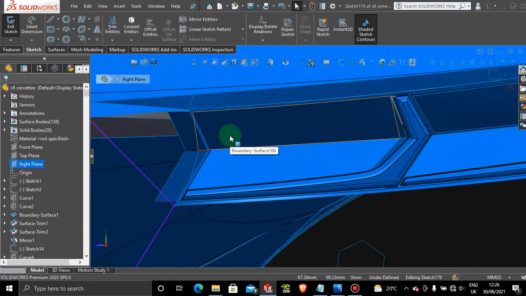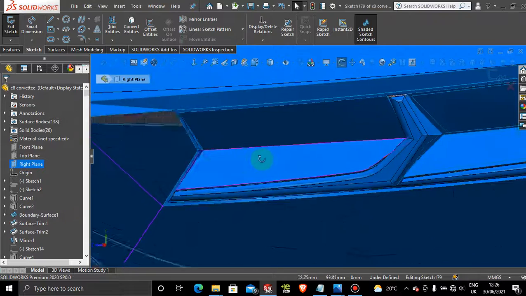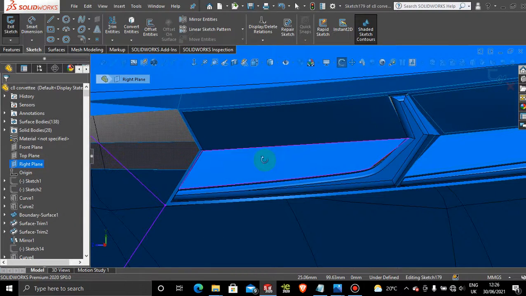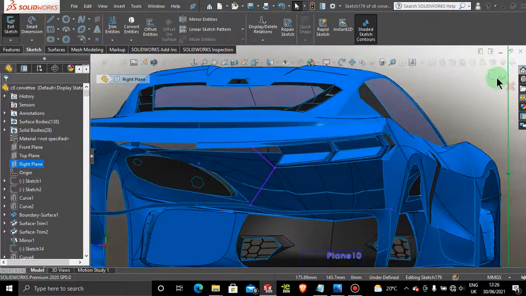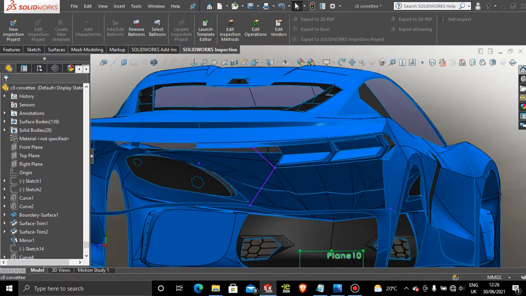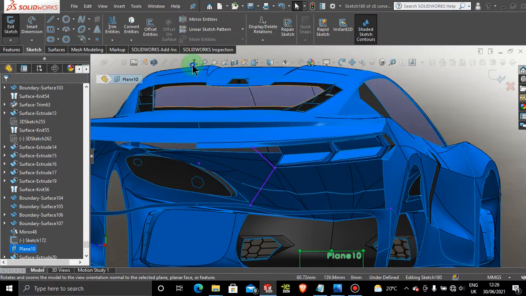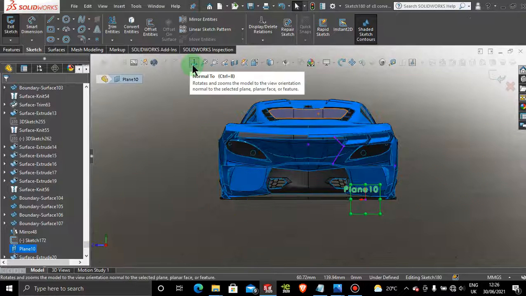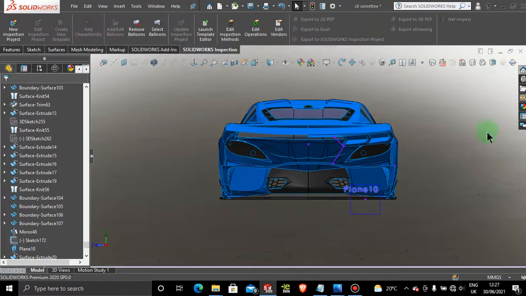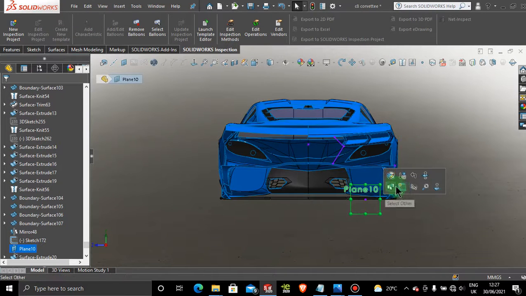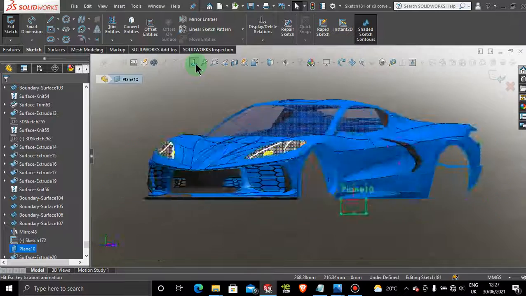and of course we should be in this direction, like this, because if you do it on the right plane, obviously we won't see much. So in this sketch, let's try to add that sketch on plane 10 that we created, and then press normal to and see. Exit sketch. So sketch on plane 10 normal profile,